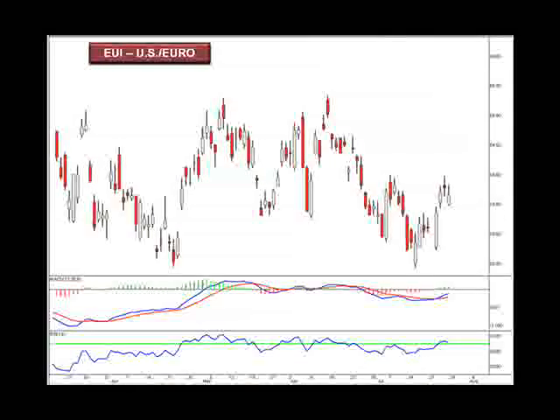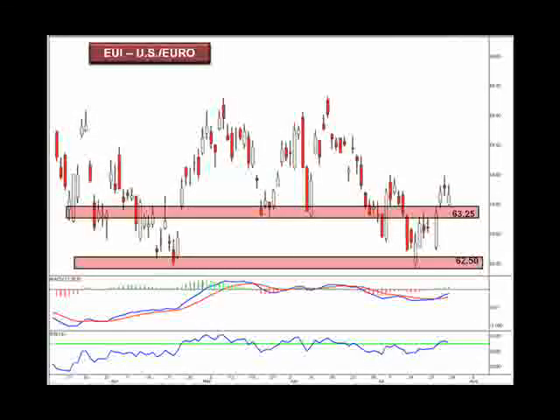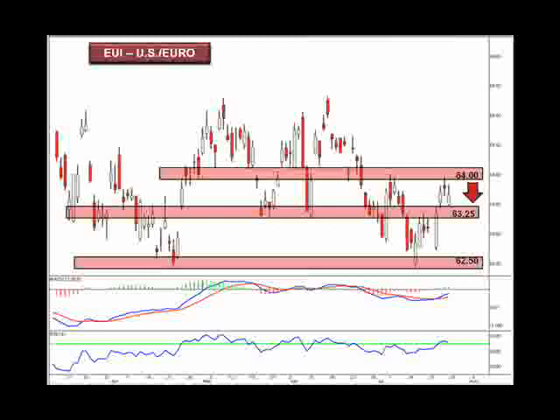Okay, so our EUI, our US versus the Euro, saw a nice little bounce off of the 62.50 focal area there to play into the 63.25 level. We suggested that if we saw a break of that particular focal area, that we would likely see a test of this previous resistance here at 64. We actually did see a rejection off of that back down into the 63.25, so this particular area is one of interest. If we're not able to hold there, we're likely to see a retest back down into the 62.50,